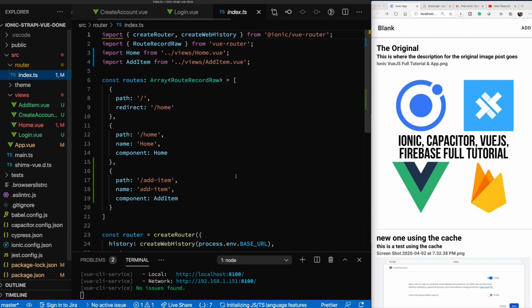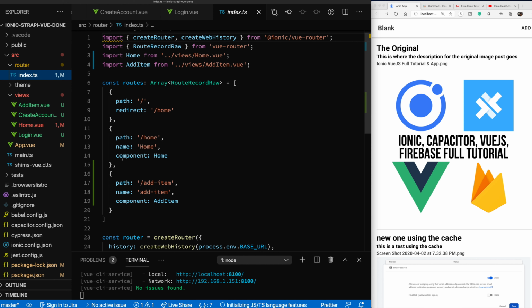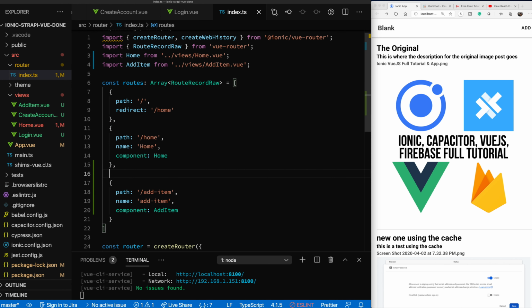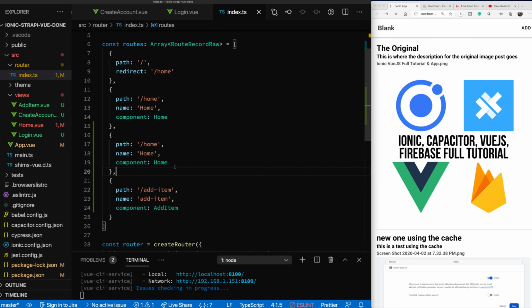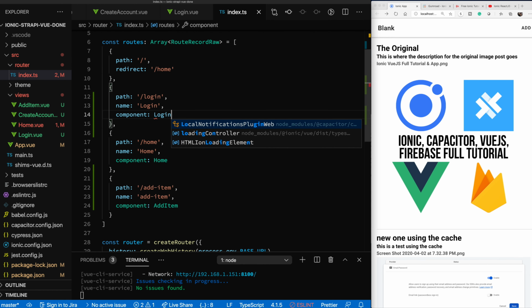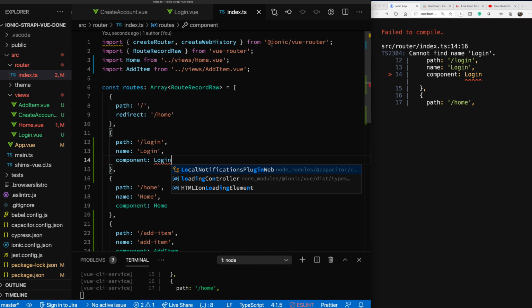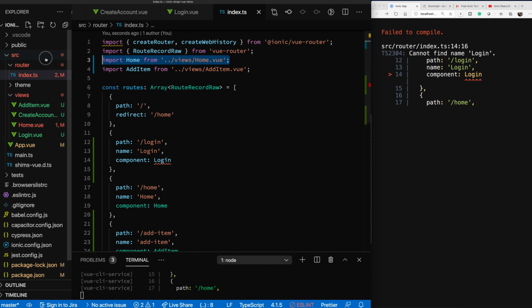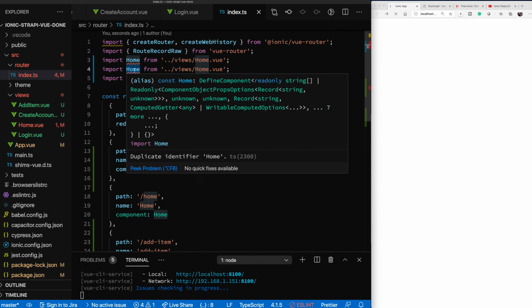So let's go over to index router, and we'll just add a path right up here. And what we're going to do, since we're not going to go deep into saving sessions and stuff like that, we are going to also add login. Component is login. And let's import our component here. So we'll just copy this code, switch this to login,